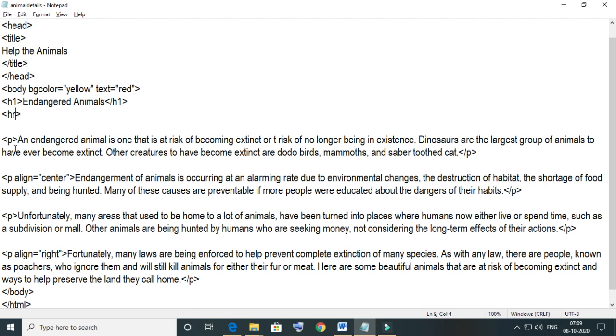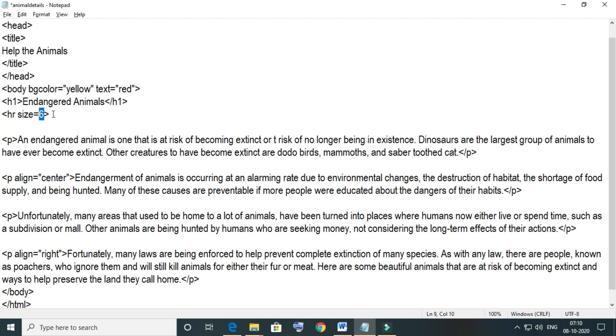So I am specifying all the attributes one by one, as given in the activity on page number 88.